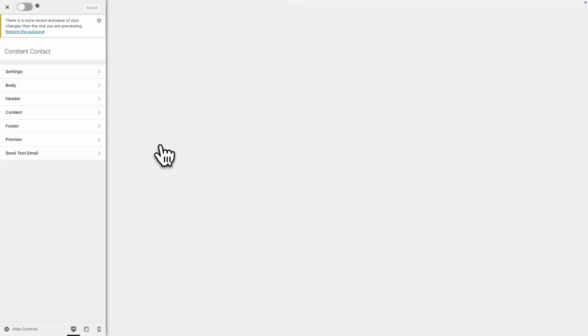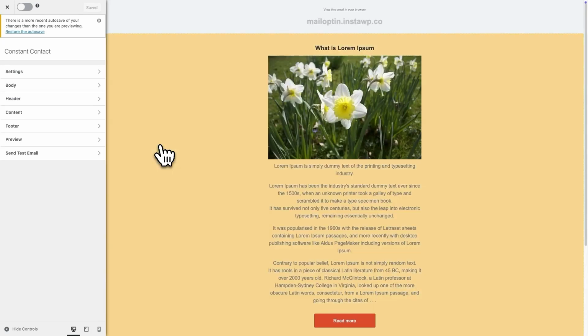That will take you to the email builder, which is similar to the opt-in builder. So you can go ahead and use the settings on the left-hand side to customize your email. We have links to a full